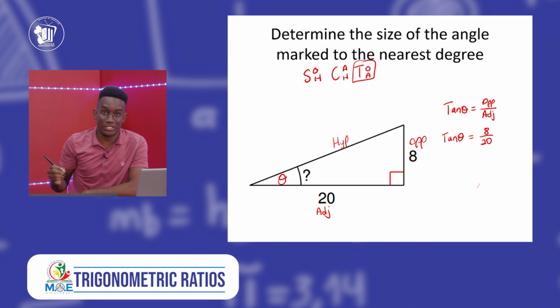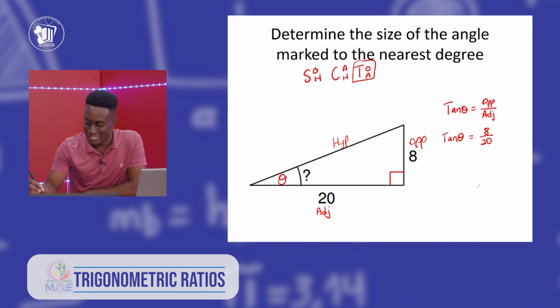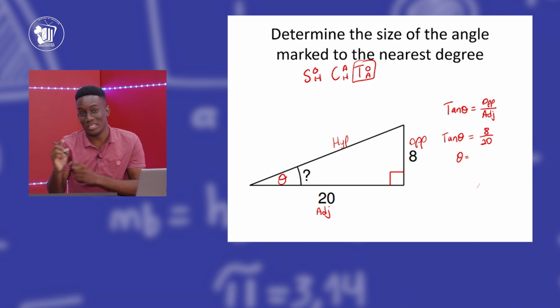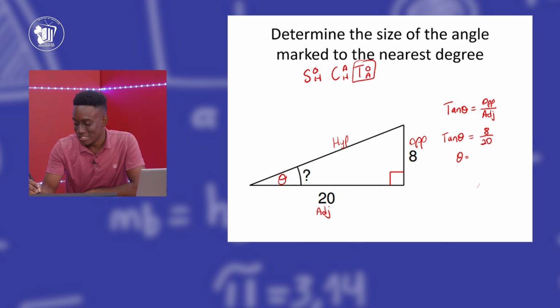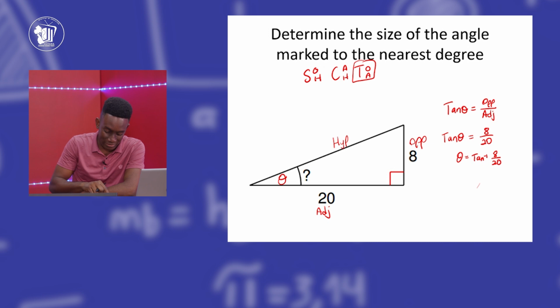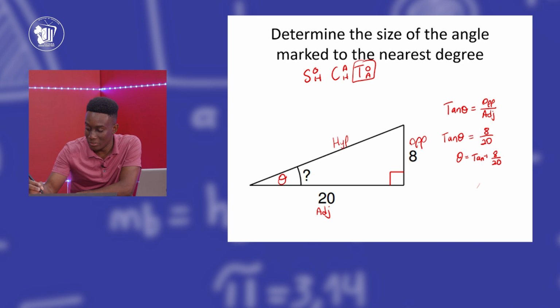So we need to solve for theta, so we need to take over tan again. So theta will be equal to, when we take over tan, the inverse of tan, because remember we take over anything, the cosine as well, that was the inverse of whatever. So tan inverse 8 over 20. So we punch it in our calculator, second function tan, which will give us tan inverse 8 divided by 20, or 8 over 20. And that would give us a value of theta being equal to approximately